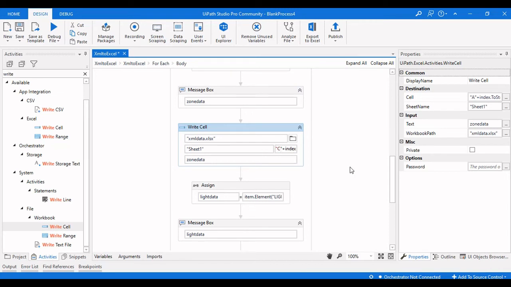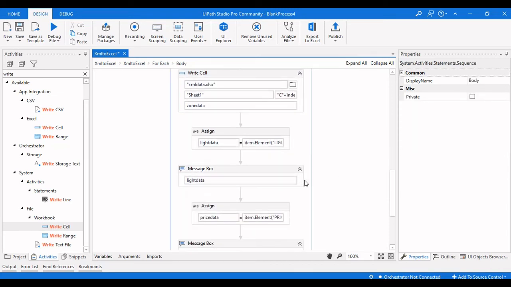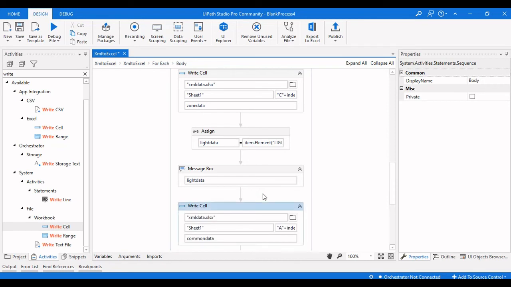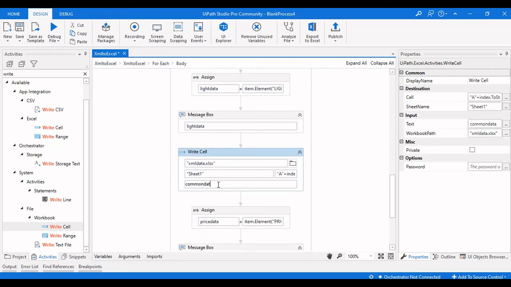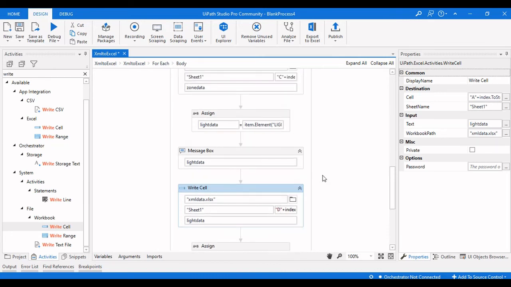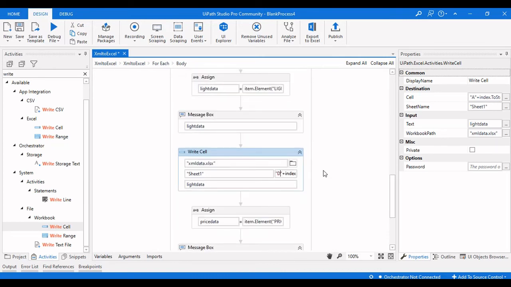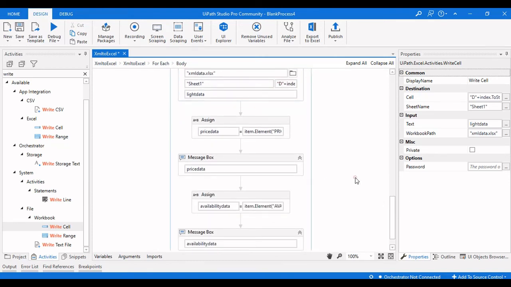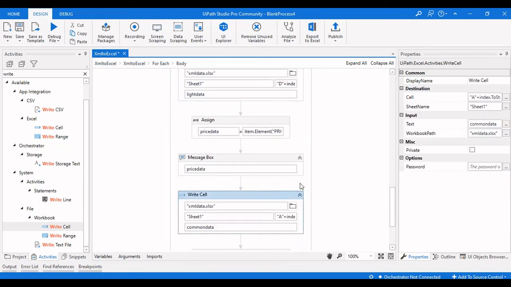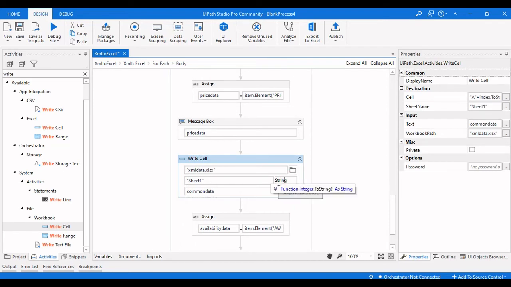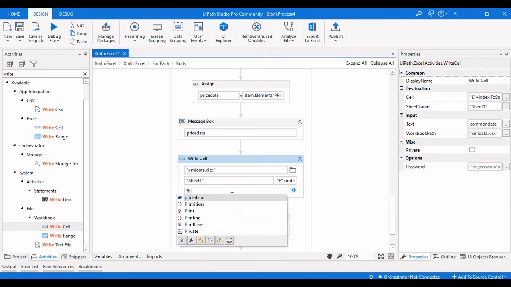Here it is C. Here again we need to change this to light data, and the column here is D, and here the column is E, and we need to change this as well to price data.